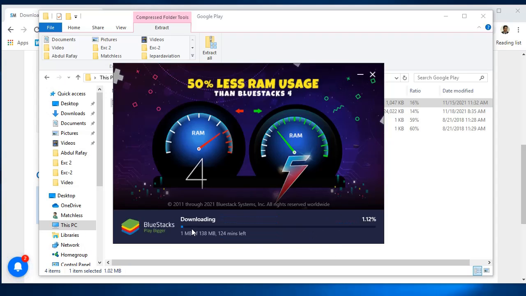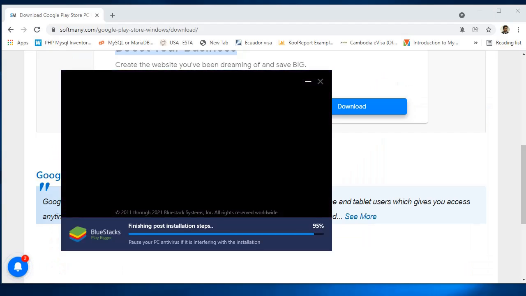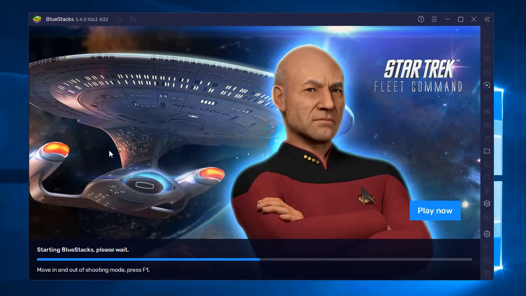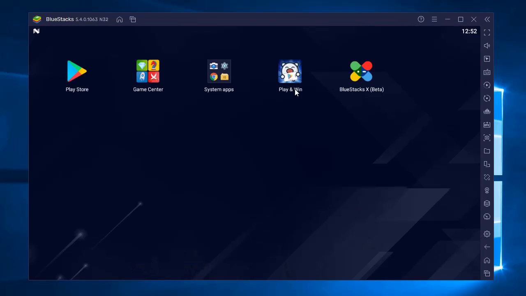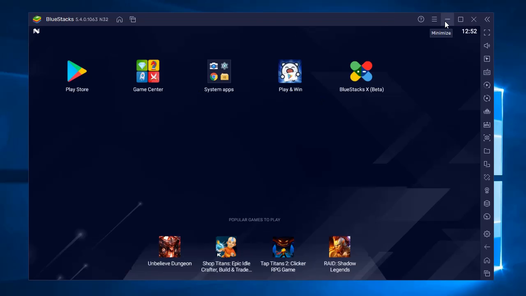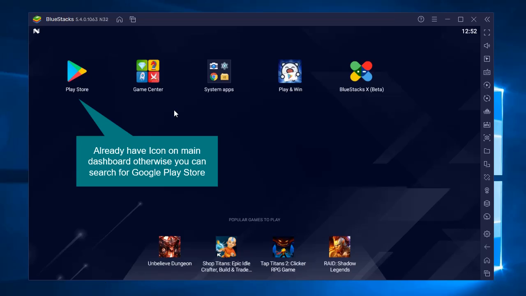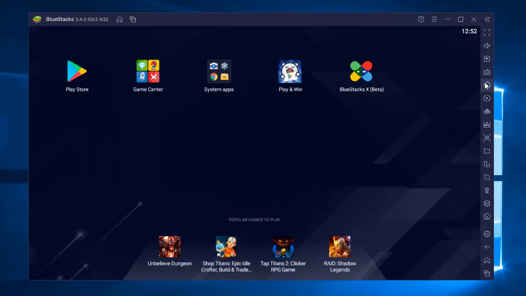BlueStacks installer is one of the best mobile emulators that you can use to run Android applications on your PC or big screens. After the installation, open BlueStacks application. On the main screen, you will find Play Store icons. Otherwise, you can search it from the search bar. Just click on the Play Store icon